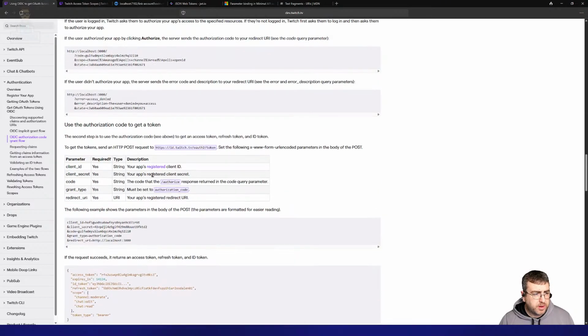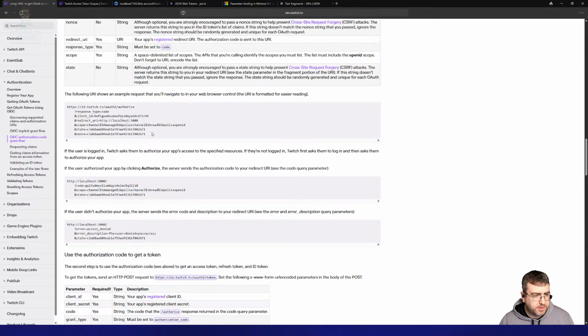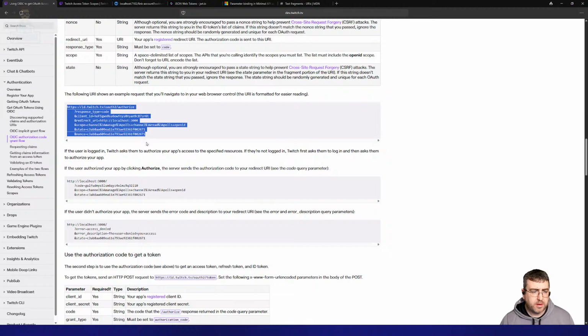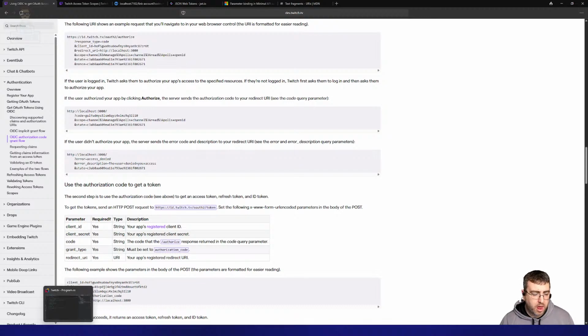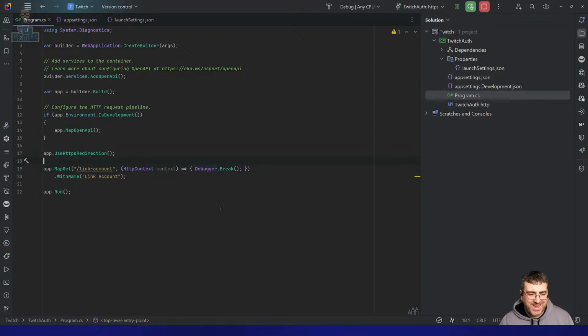So what I want to do is make this request to authorize when they say link their Twitch account. That will go off and make the request. It will give me back a response to the URI here, which I will now need to make a further post request to Twitch for the token. When I get that token back, that will give me,